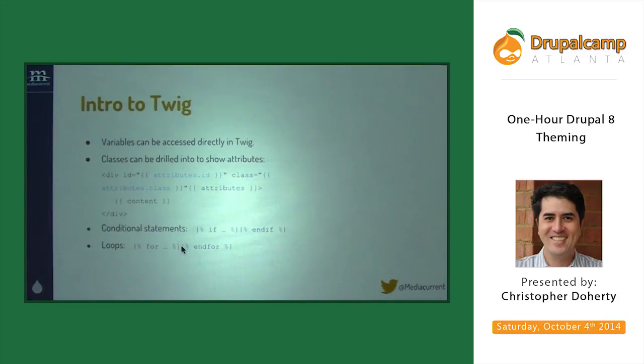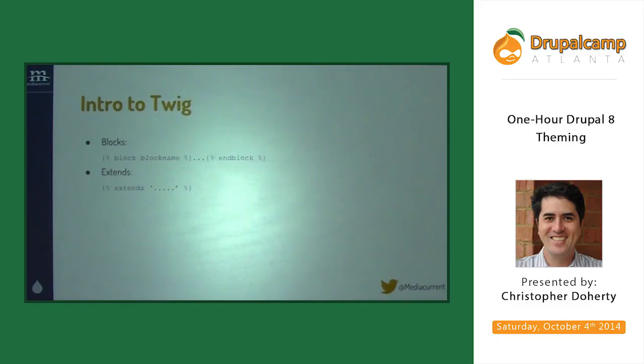One note about syntax too. In this, you might notice it's hard to see here, but there's actually one space in between the curly bracket and the variable there, and same with these statements after the percent sign. There needs to be a space in between. So just something to keep in mind.